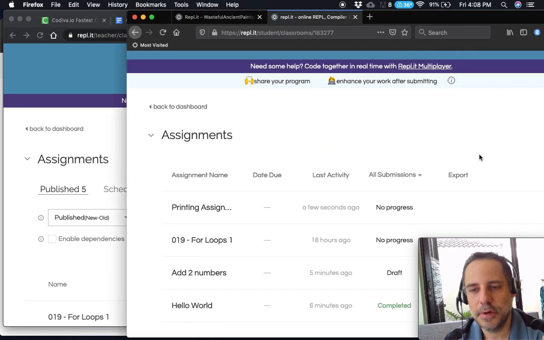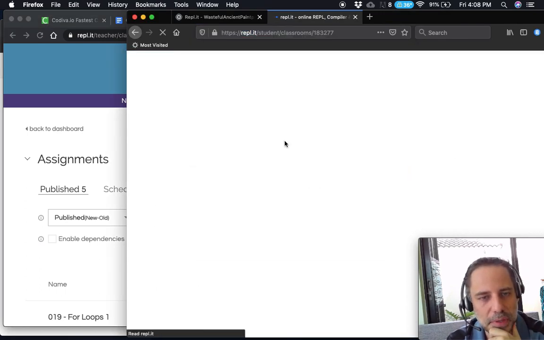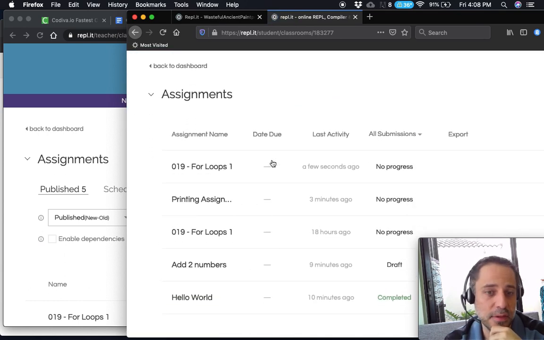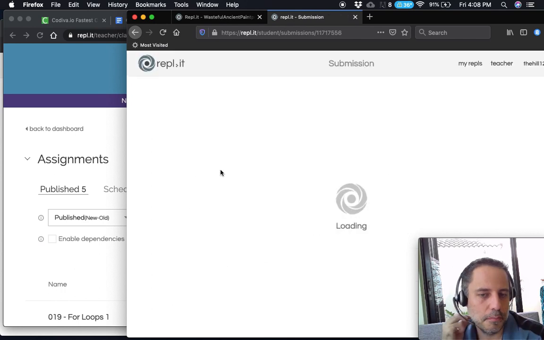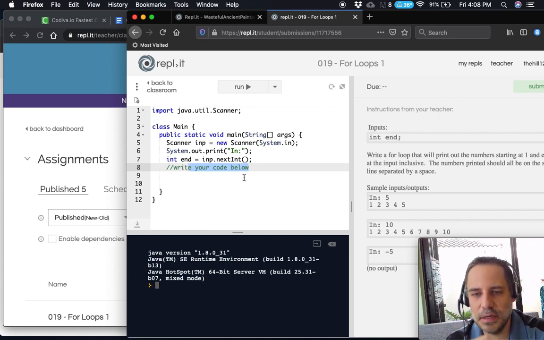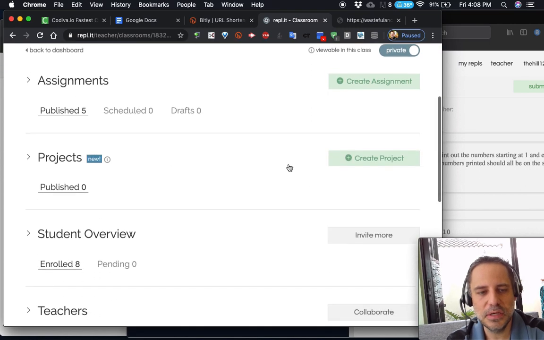Okay, so now back over here in our Repl.it training class, my student comes in, and I did this exact same one yesterday in our live training. And you can come in here and type in and have your students do your code here. Okay, so here's the nice thing that happens when they do these assignments. I can actually come in as a teacher, and I can see who's done what. So I have 8 students here,